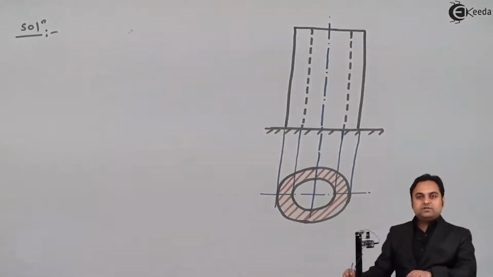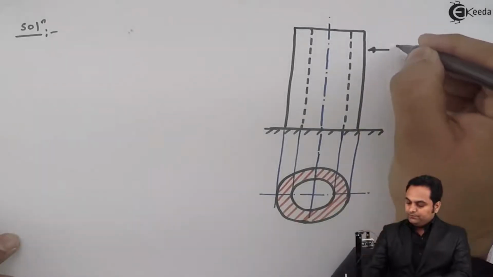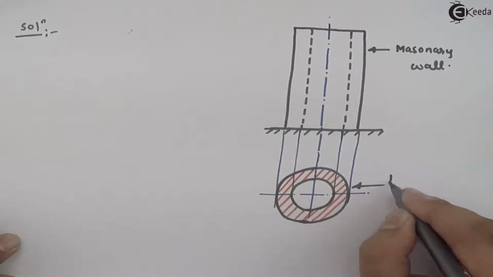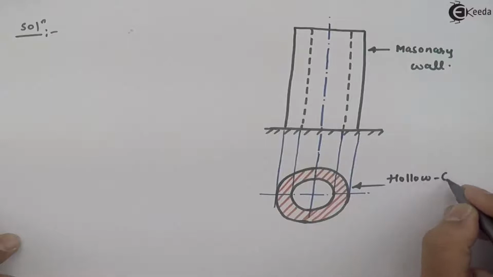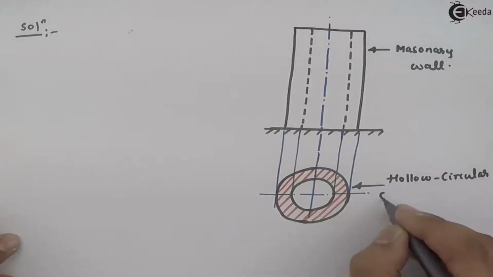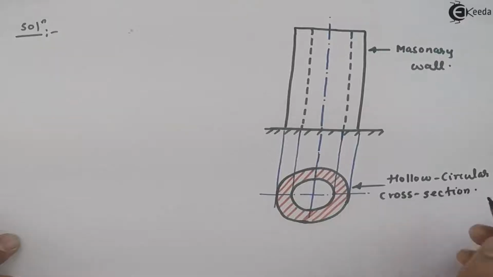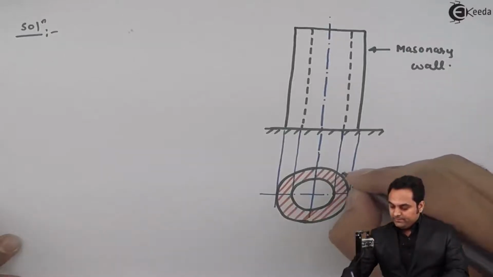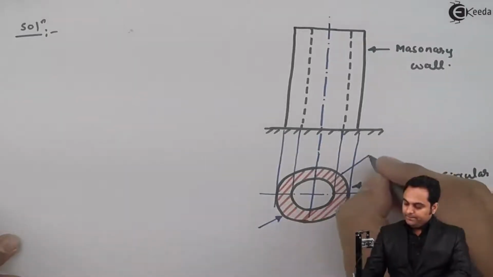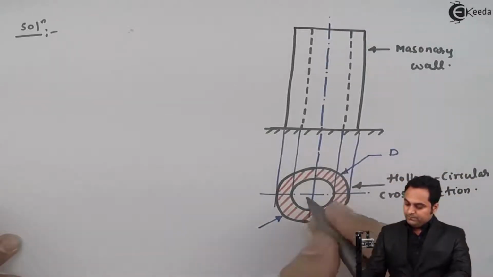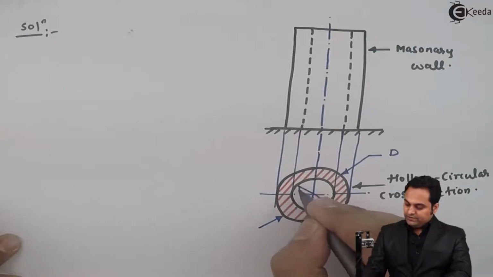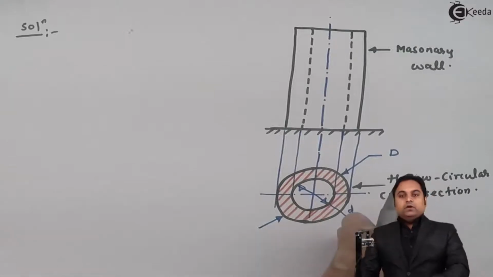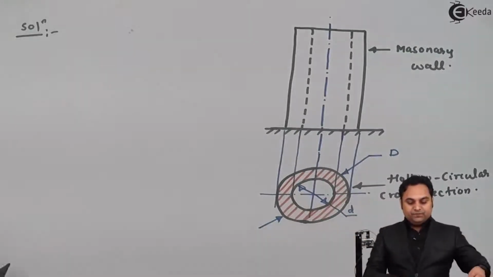Now, here is the masonry wall which is given in the problem, and it has a hollow circular cross section. Now, here the external diameter, I'll denote it as capital D. Then there is an internal diameter which will be small d, and it is given in the question that